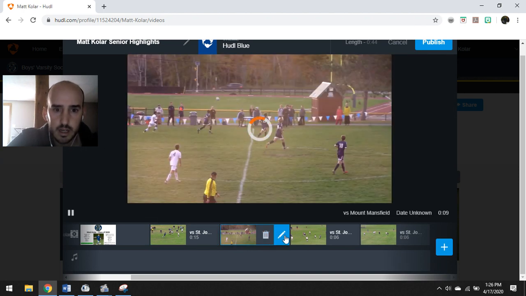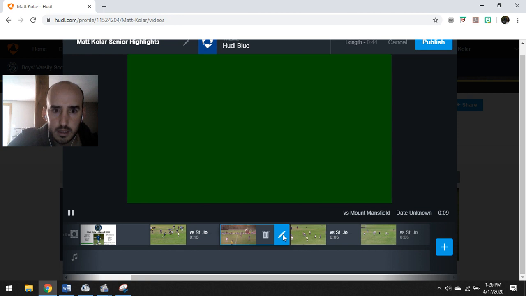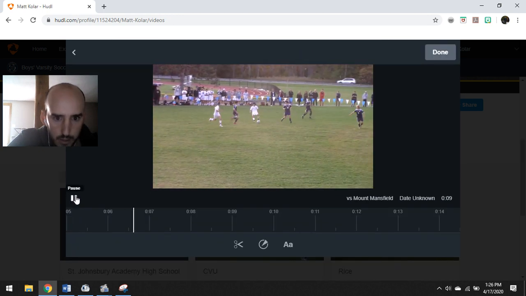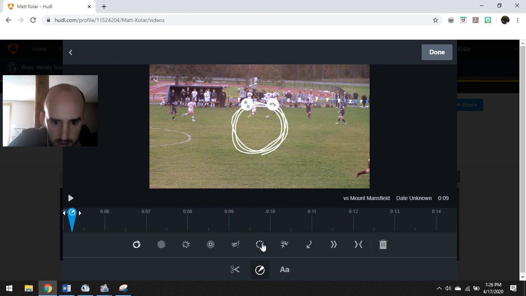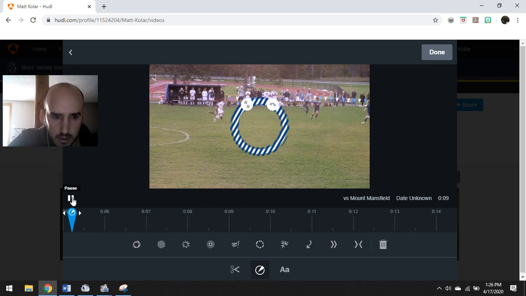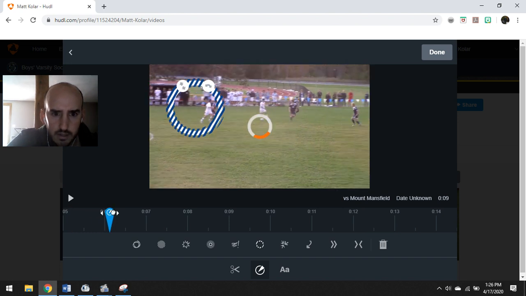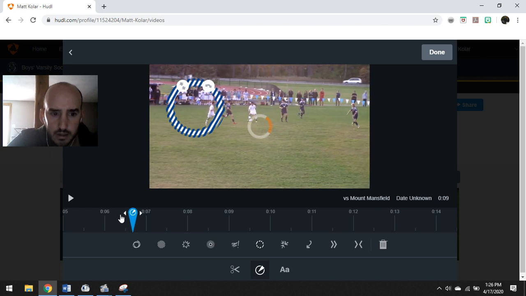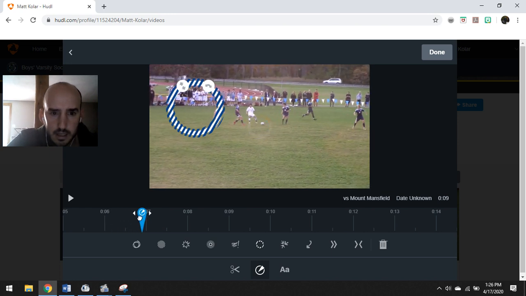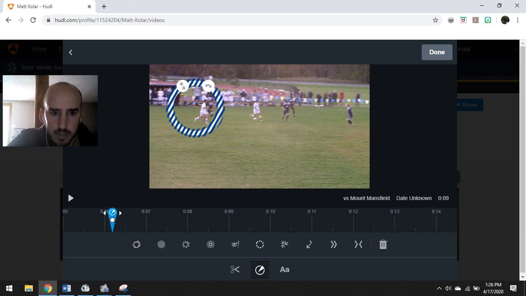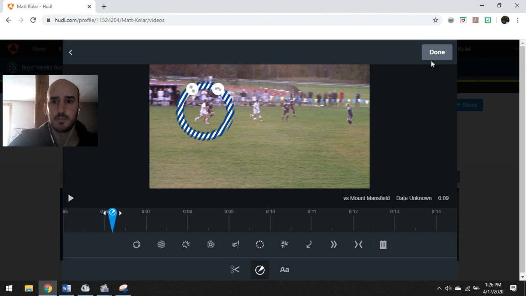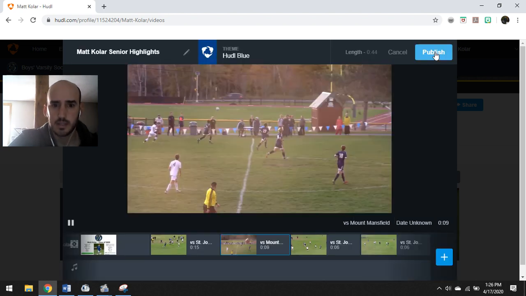So I'm going to go in, and I want to edit this one. So I'm going to wait until the right time. I'm going to stop that. I kind of want to look for a good time to highlight Matt here. So I'm moving this thing, and probably the best time I could highlight him would be right there before he gets the ball passed to him. So I'm going to click done on that one,